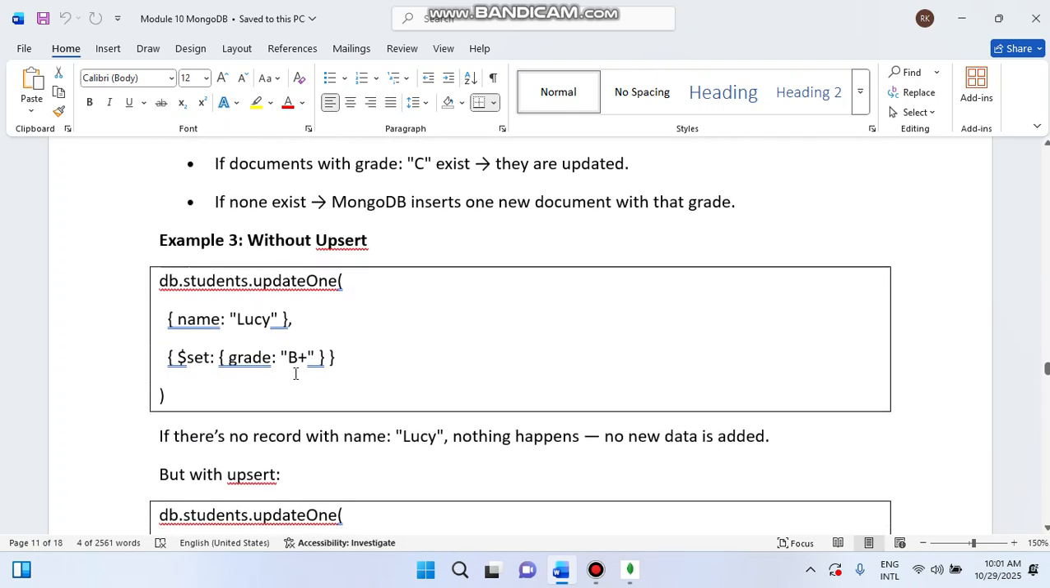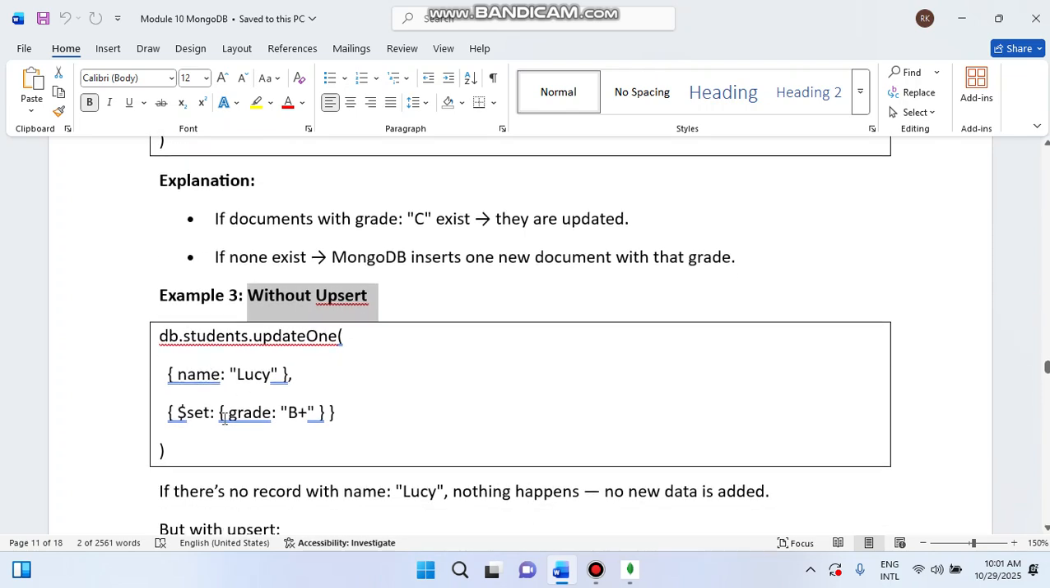Apart from that, without upsert, I said what the difference is between a normal update, if you are using upsert and if you are not using it. See, right now over here I am using the record, I want to update the record, but